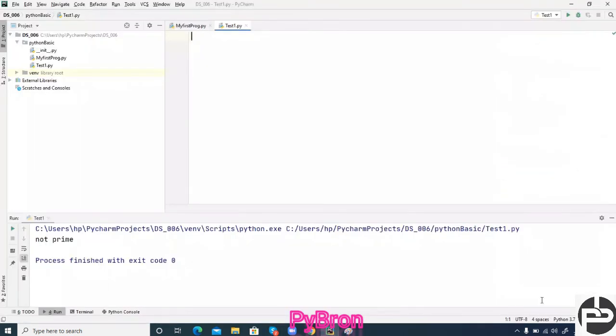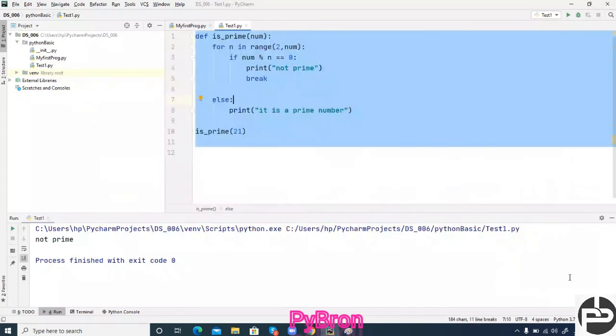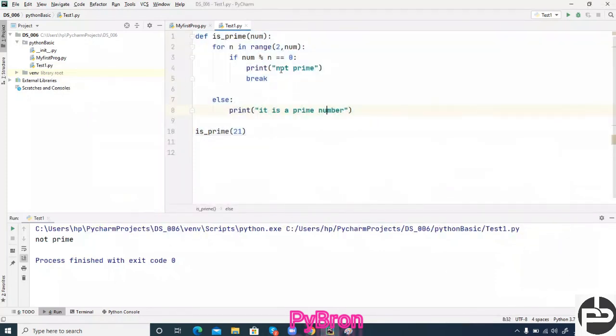Here we had seen that if it is divisible by any number and its remainder is 0, then we are breaking, right. If the password matches the existing password, or whatever password you set, then we have to break the loop. And if it does not match, then we have to continue up to 3 times.